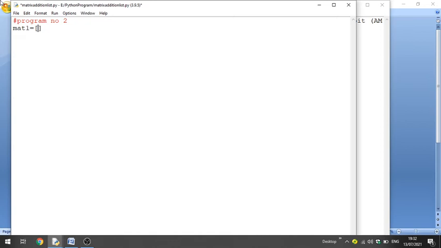Simply we create a list, and we can create a list in this way: first row, then second row, and then third row. We will create a matrix of 3 by 3, 3 rows and 3 columns.